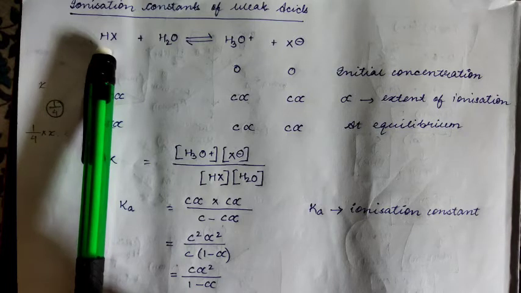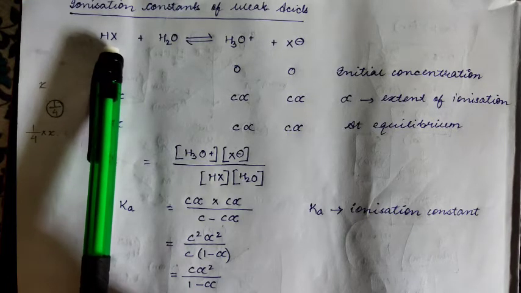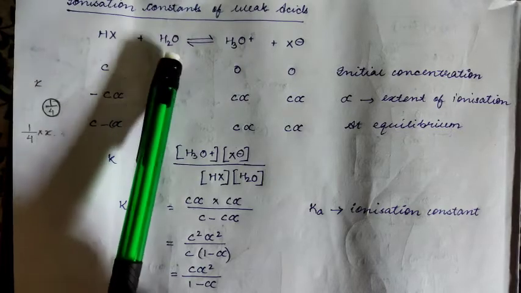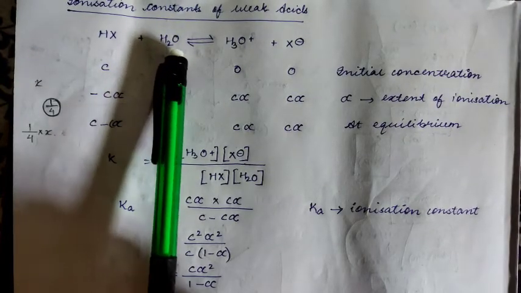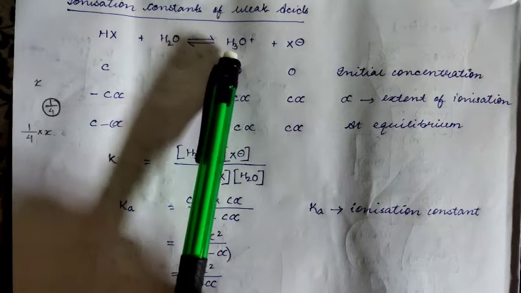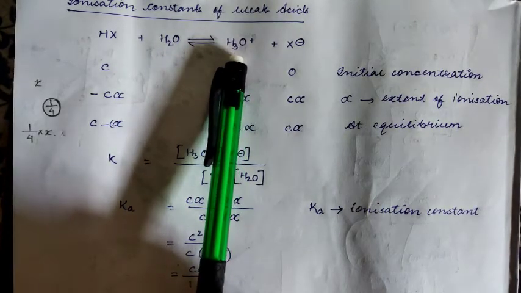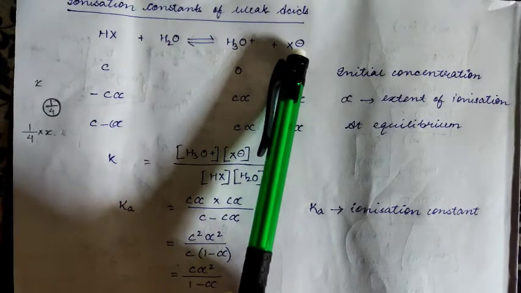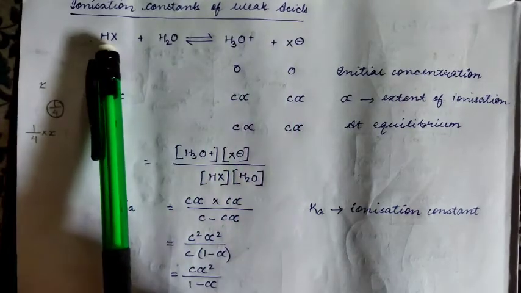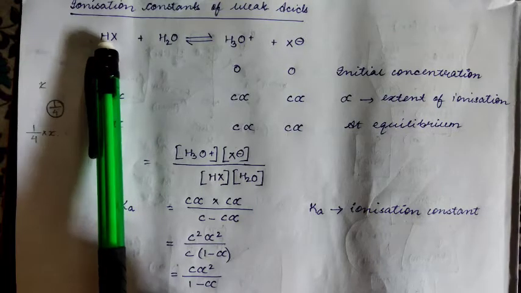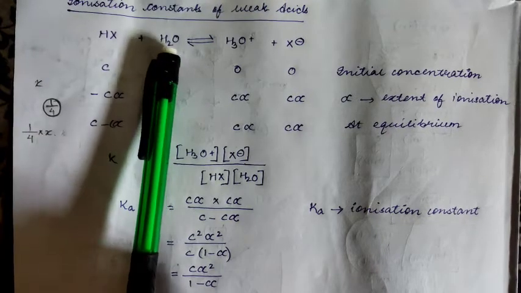Okay, for example HCl. So Cl will be X, plus water. Since we are dissolving it, we have to add the water. Now this attains equilibrium in the reaction as hydronium ion, which is H3O positive, and X negative. Okay, as you know that the acid releases the proton, so this H will add up with the base here,